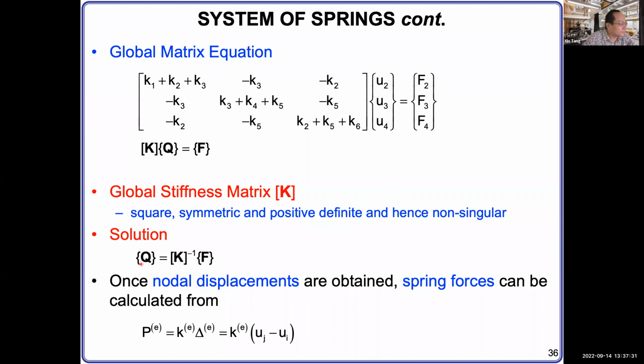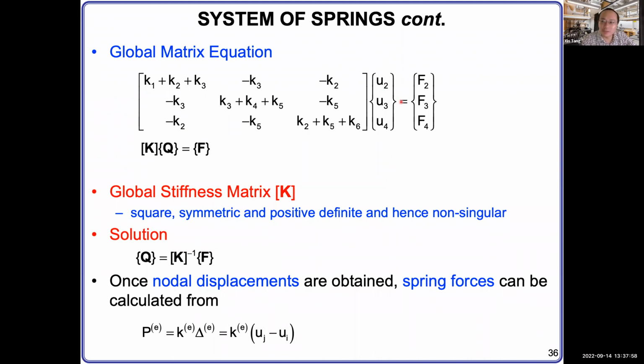And then this K is known, F is known, force is known. Then this will give a one-dimensional matrix, which is the vector. That vector is the displacement. So from this displacement, you know the U2, U3, U4. And we already know what U1 and U5 are because they are zero. They are hooked to the wall, right?